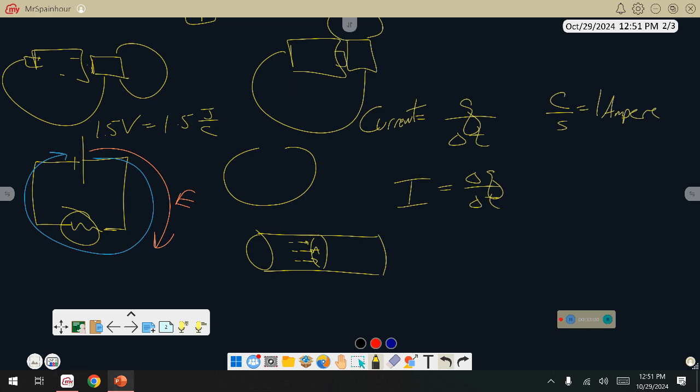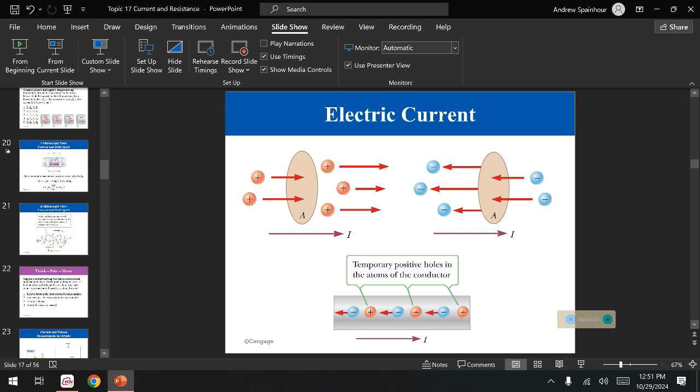Last idea that I told you that I wanted to cover was drift velocity. Okay. 10 amps, as you would imagine, is a lot of current. How do you know 10 amps is a lot of current? 10 coulombs per second, and as we discussed previously, 10 coulombs is roughly how much charge is in a single lightning bolt. So it's a decent amount of charge.